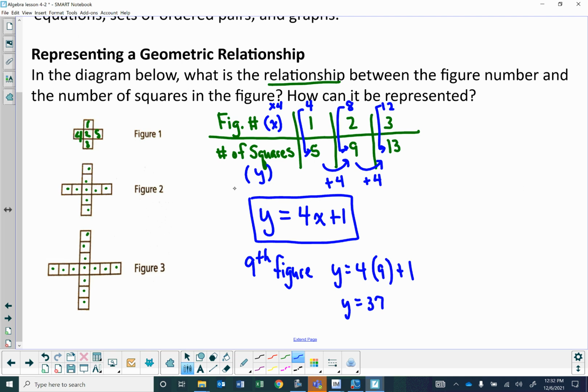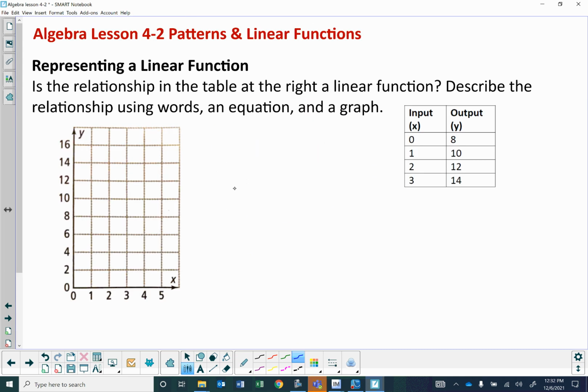Okay, so that's one way of doing things. We can write a table, and from that table, we can get a relationship between the numbers, which would give us the equation. Let's look at a linear function. It says, is the relationship in the table at the right a linear function? Describe the relationship in words, with an equation and a graph. So the first thing we're going to do is see if this is a linear function